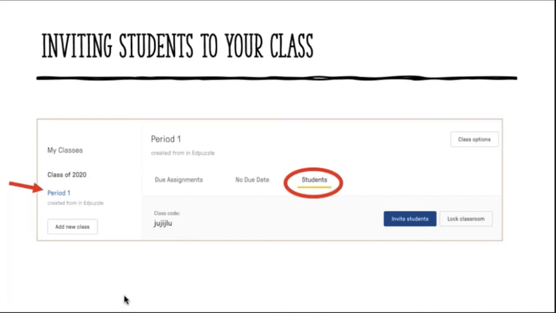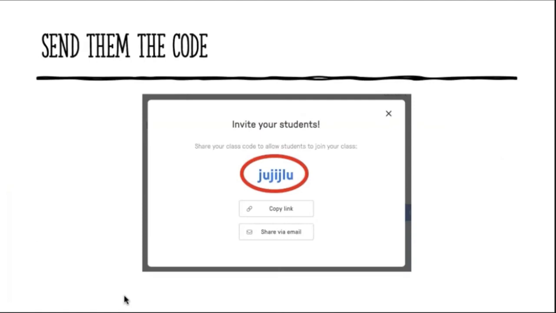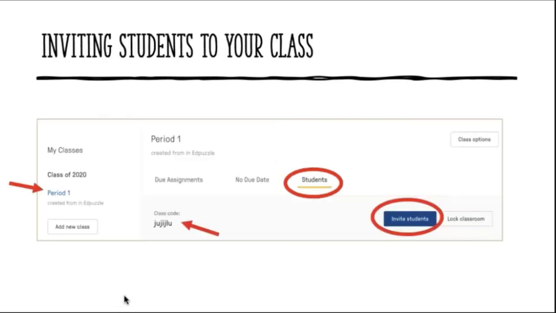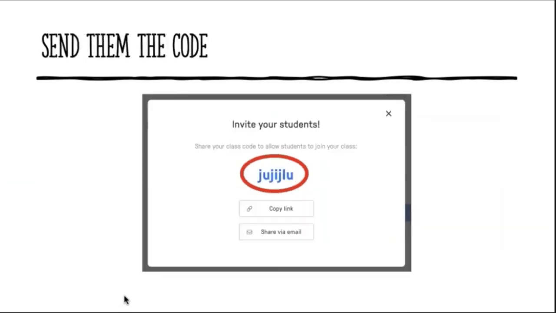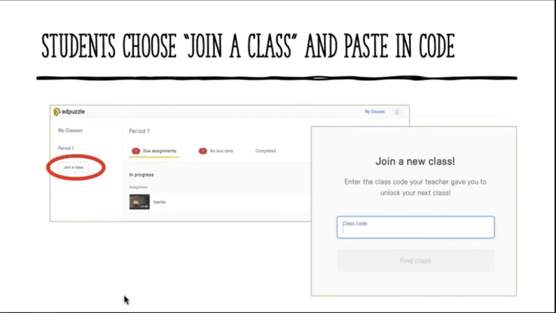I'll be in a grade level class, but then they also have to enroll into your class. The way they do that is you just give them a little code. If you click on your class, you get a class code. It's just some random letters. If you click on invite students, all that really happens is it makes it really big for you. You can copy a link or share via email, but really all you need is this. Then the kids, in their account, just click join class, paste that in, and they're in. And then you're in their class.